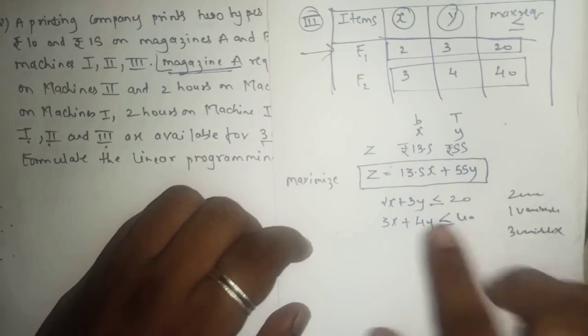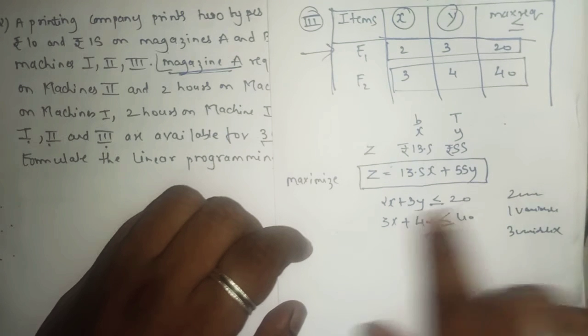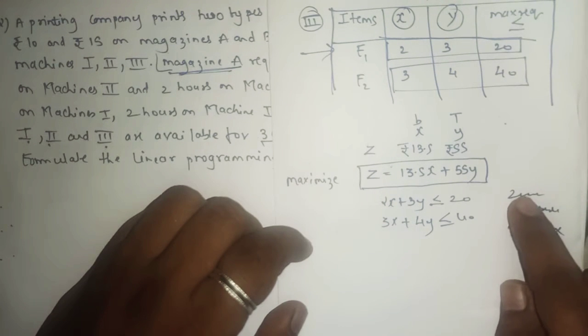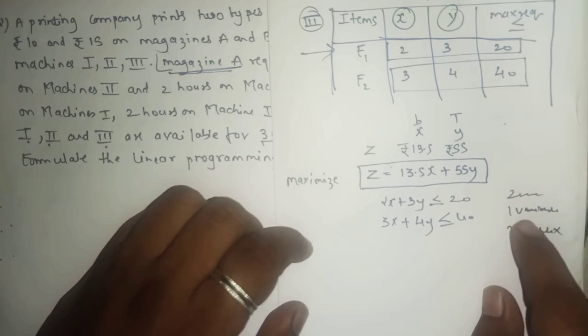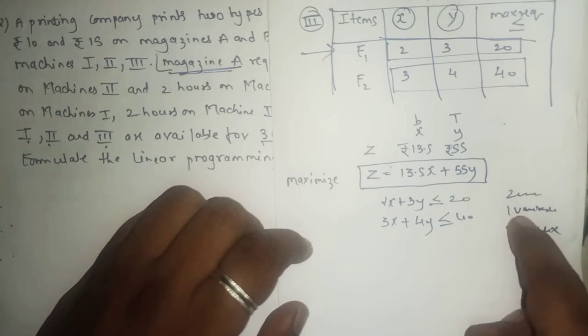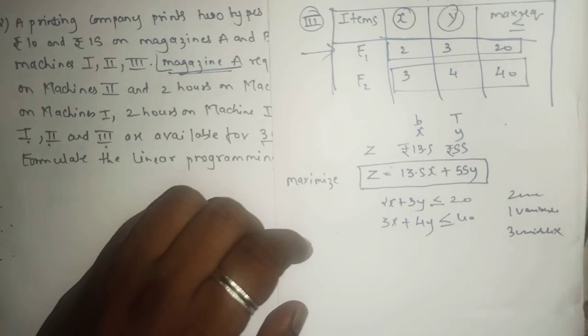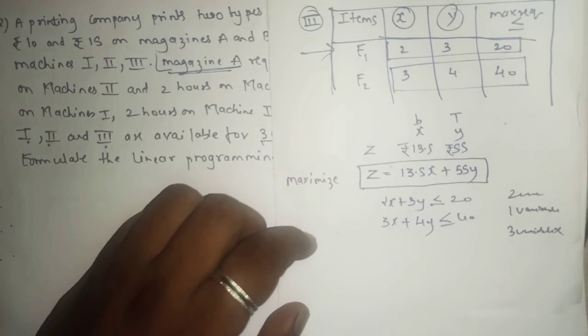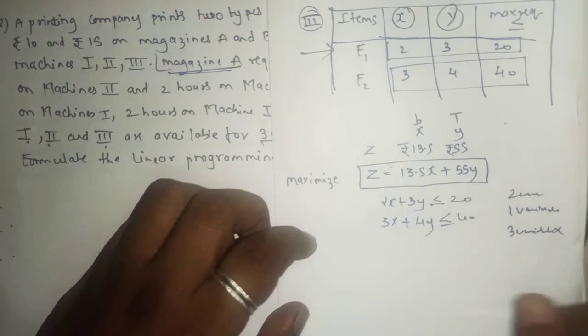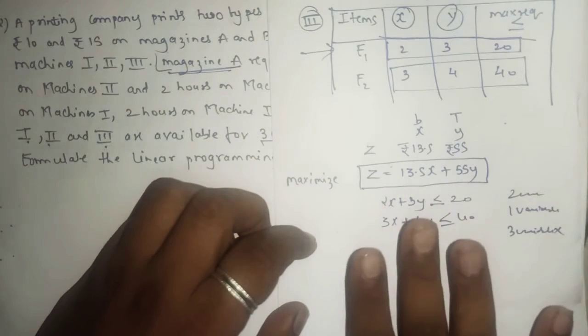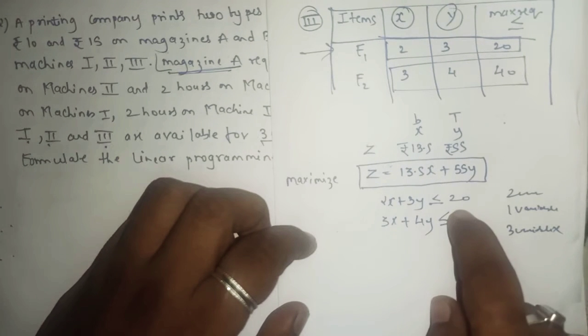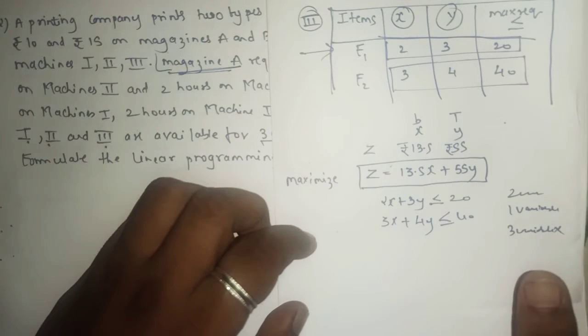Now, as I told you, whenever you frame an equation, that is a linear inequation, it should contain only two variables or only one variable. If you are getting the answer in three variables, I guess for 12th standard it is not there. In higher standards there are sums based on three variables, but right now in 12th standard we have sums based on two variables and one variable only.